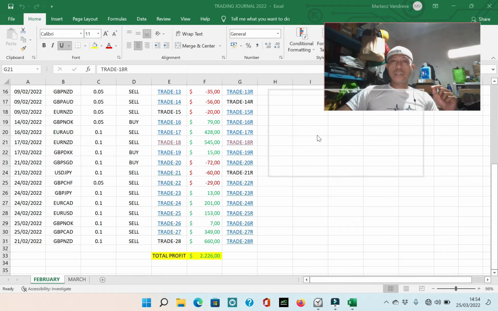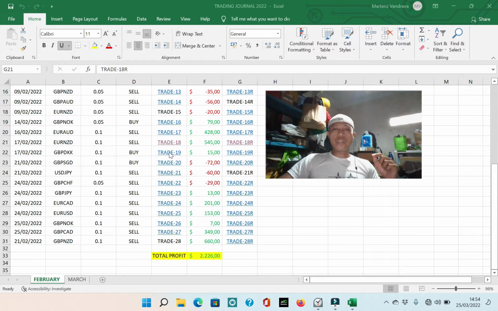If you look at my Excel spreadsheet trading journal, when you make a trading journal it's important to have the screenshot, so you can show the chart when you open the trade and the chart when you close the trade. This is important for me because we need to learn from the mistakes. Of course mistakes happen, we cannot avoid them because we cannot control the market, but we can learn from the perfect setup and identify what kind of setup we need to take